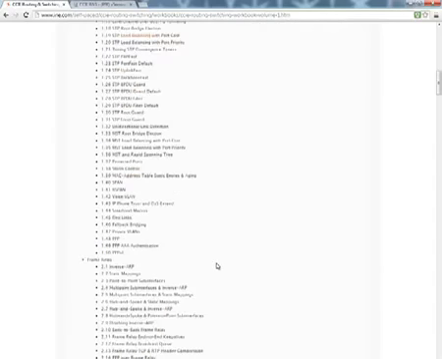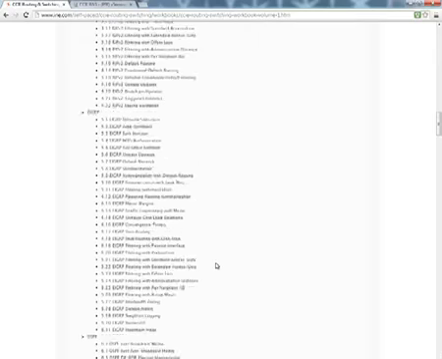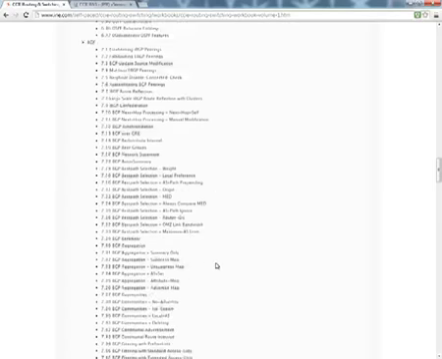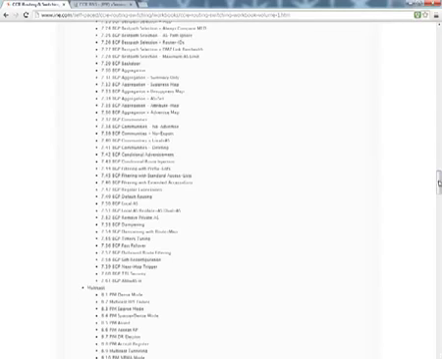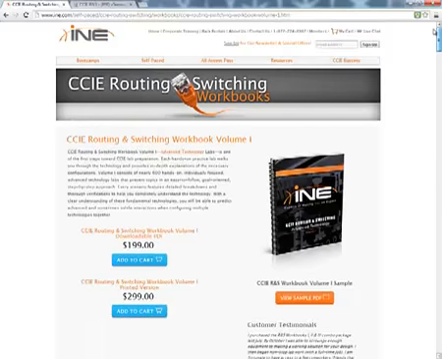So it's not perfect, but the INE guys did a really good job of going through this stuff and getting it set up. So that's basically where I'm sitting. So what I'm going to do is I'm actually going to pull up, if you give me a second here, the